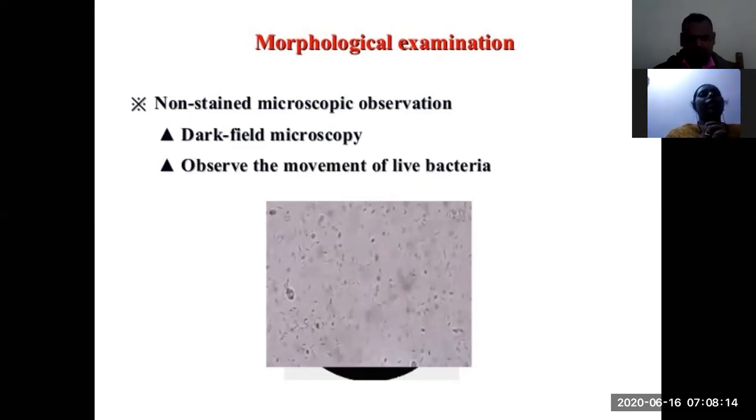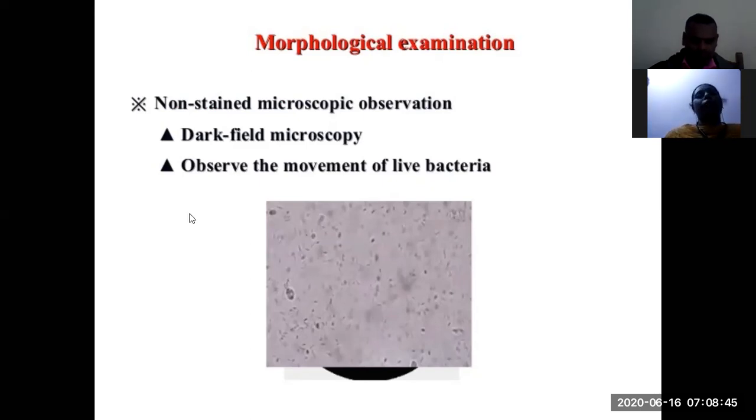Morphological examination can be done by non-stained microscopic observation and stained microscopic observation. Non-stained microscopic observation is done by dark field microscopy, and here they observe the movement of living bacteria so that it is easy to observe the bacteria shape, structure and their numbers also. Okay. Then next,